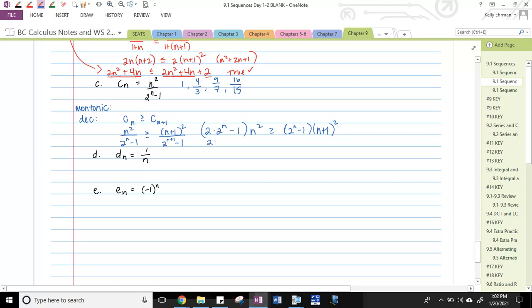That gives 2n squared times 2 to the n minus n squared, greater than or equal to, this is going to be n squared plus 2n plus 1. Whoa, goodness, we get to FOIL this through. So this is going to be n squared times 2 to the n plus 2n times 2 to the n plus 2 to the n minus n squared minus 2n minus 1. I have this term